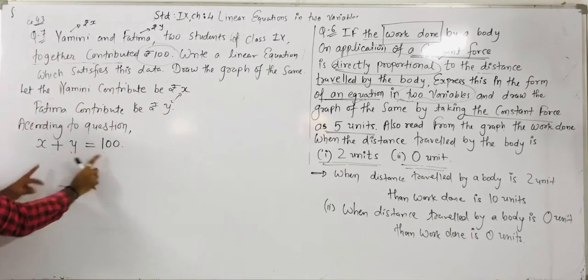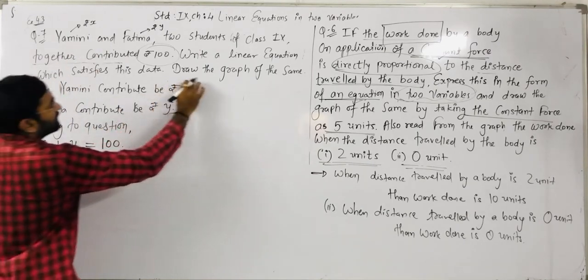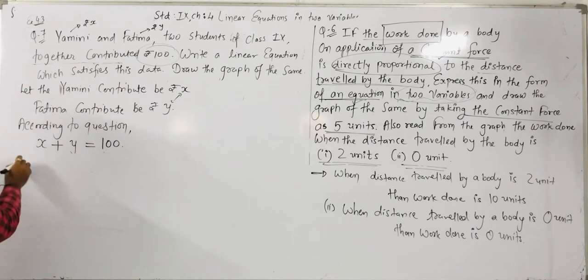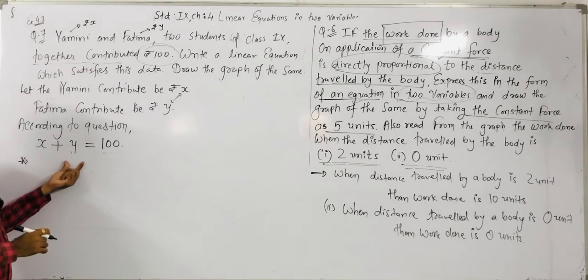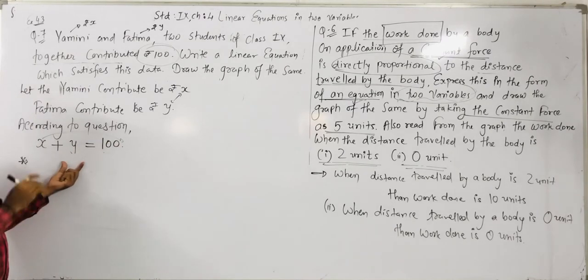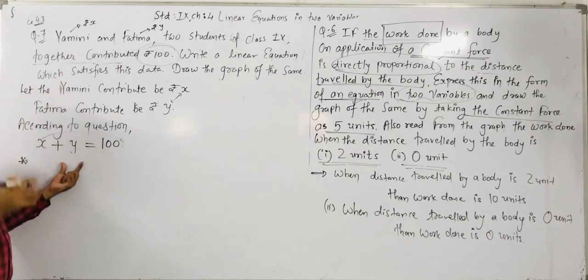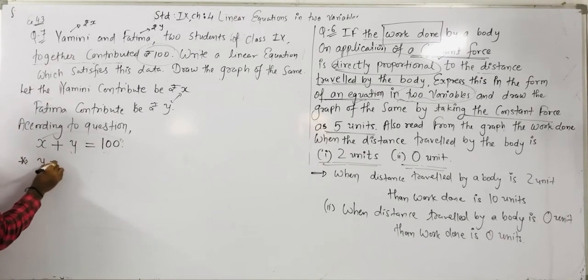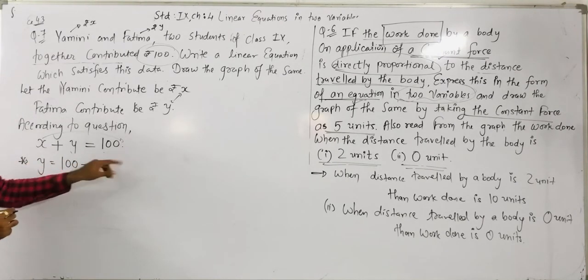This is our linear equation in two variables which satisfies the given condition. And they said draw the graph of the same. Right? So for drawing the graph, as we discussed in our previous period, what do we have to do? We have to make one of the variables the main term. Suppose we make y the main term. So plus x we take to the right hand side. Whenever any term goes to the right hand side of the equal sign, then a plus term becomes a minus. So we get y is equal to 100 minus x. Plus x goes to the right hand side, so it becomes minus x.